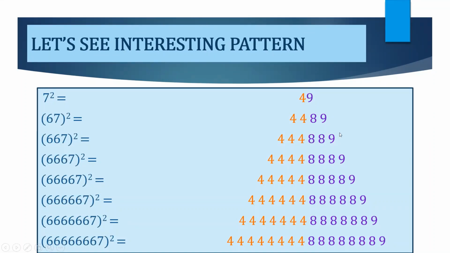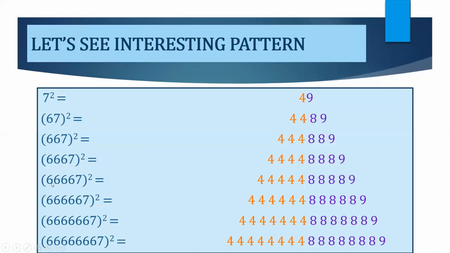Every time you will have 9 on its unit place, because over here we have 7 on the unit place. So here only one 6 will we have. So we have 2 number of 4s and 1 number of 8. Then when we have 2 times 6 appearing over here, then we have 3 times 4 appearing and 2 times 8 appearing. If 6 is appearing 3 times, then 4 will appear 4 times in the square and 8 will appear 3 times in the square.